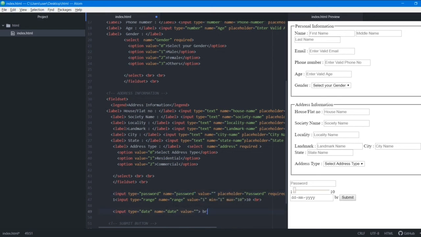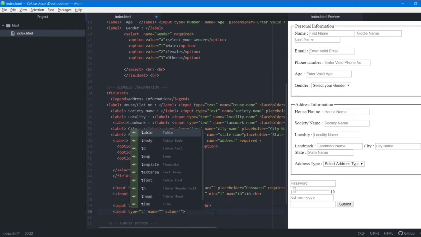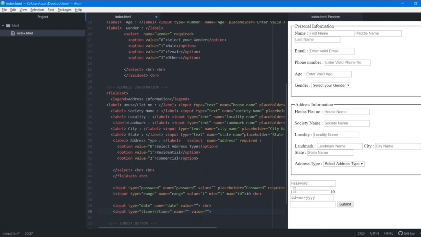Okay, so now the next thing we're going to see is the type time. Okay, suppose we want to enter the time. Sorry, this is not the time we want. Okay, now you can see time has appeared here. You can select your time 11:23, or you can again select it from here. You can change it up and down. Okay, so this is the time type.